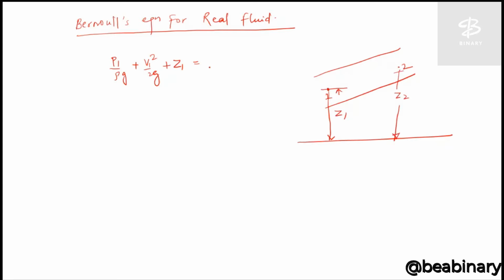So we can write Bernoulli's equation at two different points, 1 and 2: P1 by rho G plus V1 square by 2G plus Z1 is equal to P2 by rho G plus V2 square by 2G plus Z2, and one more thing